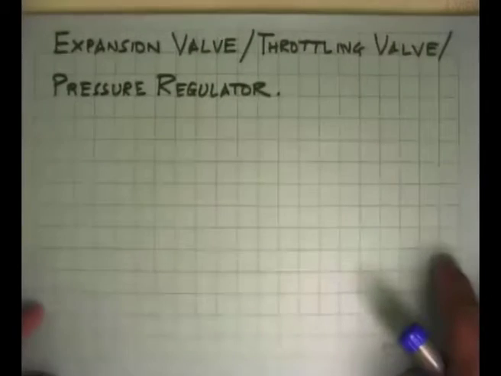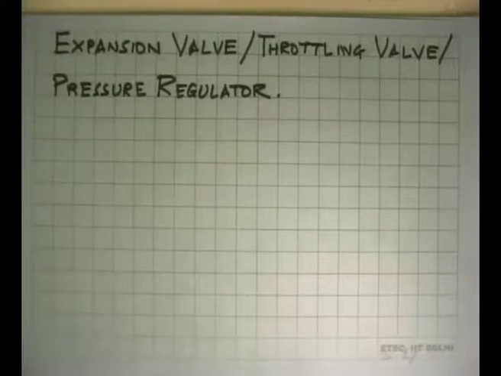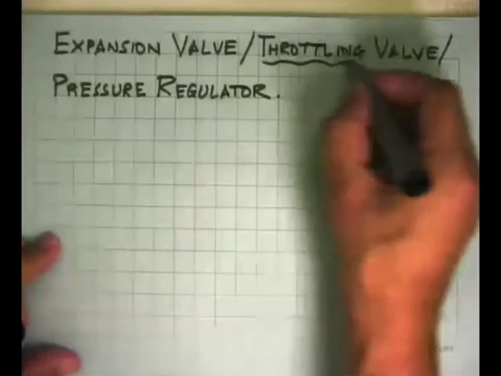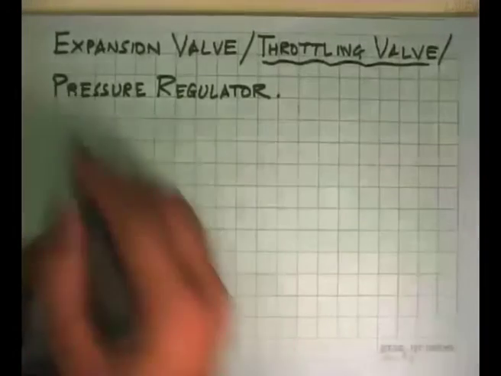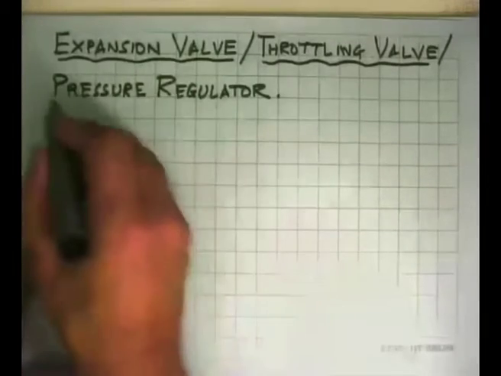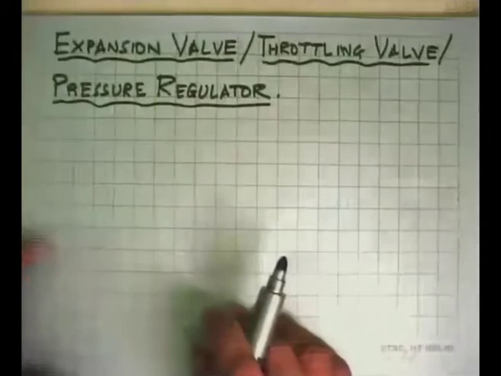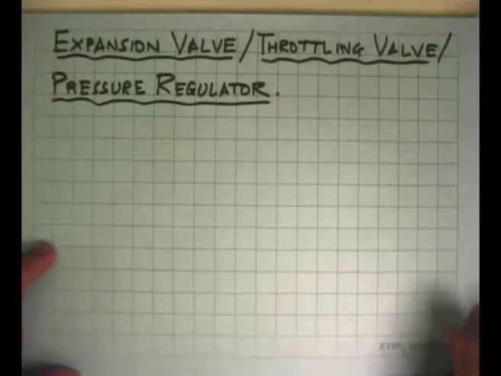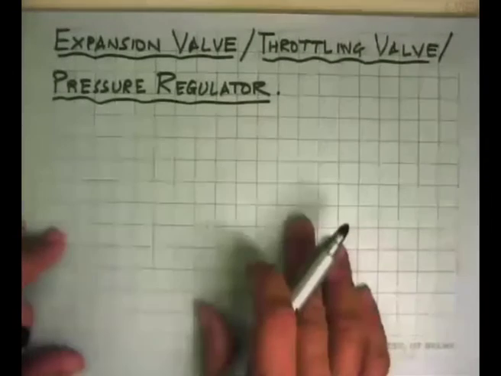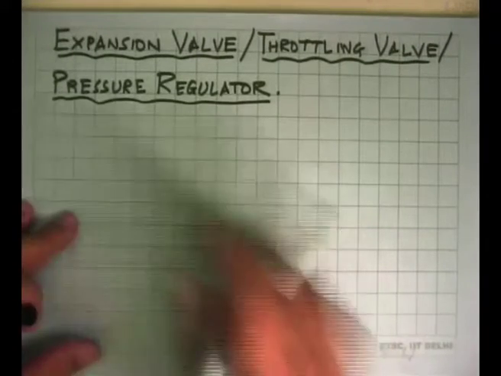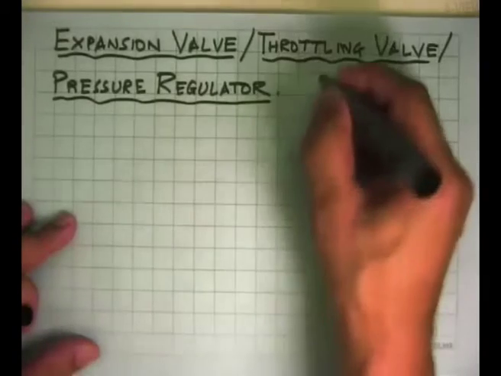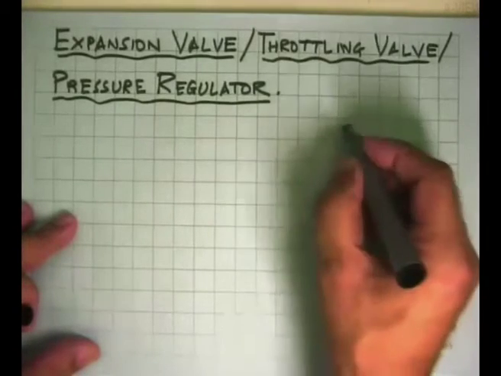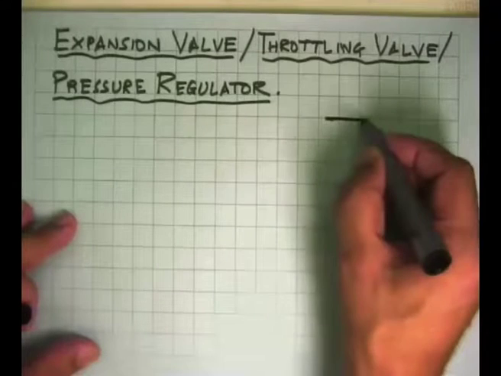The next thing we are going to look at is a device which we will call a throttling valve, but some places also known as an expansion valve, and popularly we also see these as pressure regulators. All of them in construction would be slightly different, but in all these cases what we have done is that we just have a small constriction in the flow,